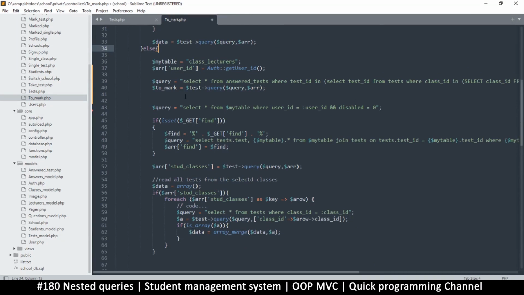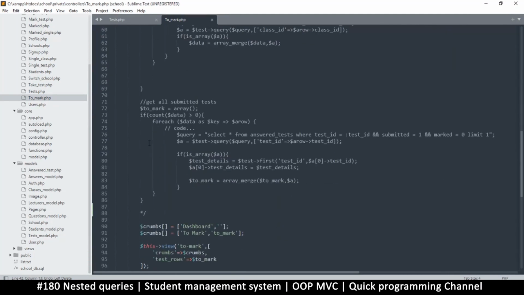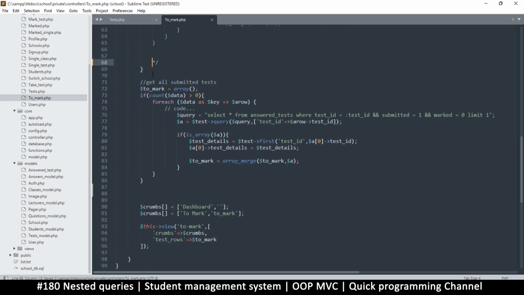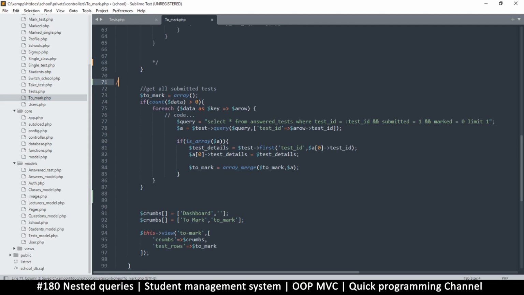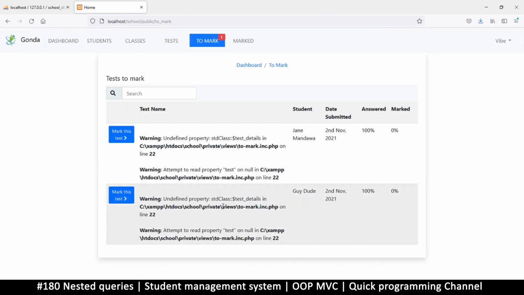I see. So let me undo that. Closing that, I should end this here like that. Okay, and then start it again here and end it here again like that. That way this bracket has somewhere it belongs, and refresh. Very cool. So we do get 2 results. That's very nice. The only problem is we're not getting the test name, so we're not getting that test